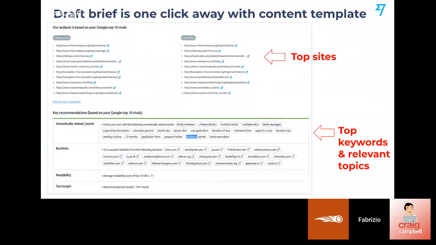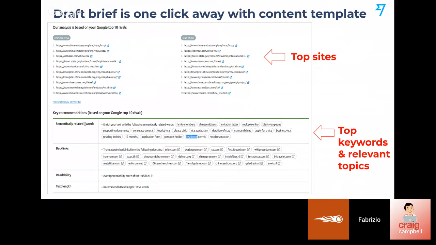And then if you go to the tool, if you compare the content template to what our old spreadsheet used to do, it does roughly the same job. And it tells us what are the top sites that perform in that given space. This example is writing an article about getting a visa in China. That's something that could be useful for our international customers. So it tells us what are the top sites that perform in that space, which is pretty good for us to start building an understanding of what content we need to produce.